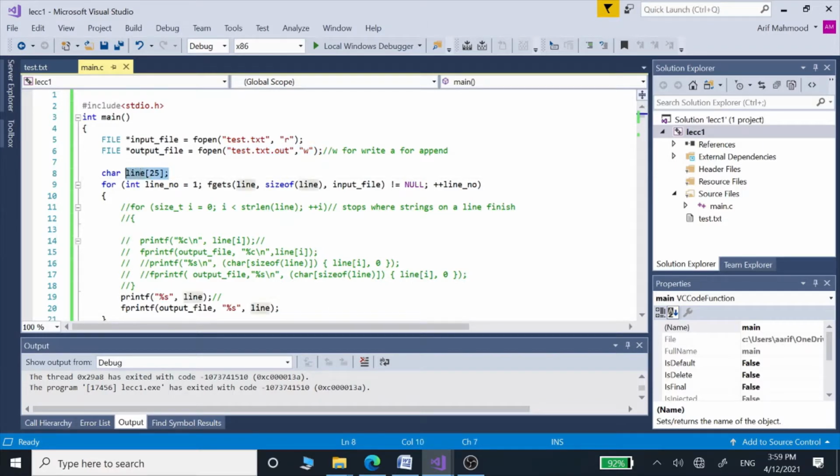Then we have this string line variable we have defined here, and we are going to use it inside this fgets function to read the contents of our input file and store those lines one by one into this line variable.